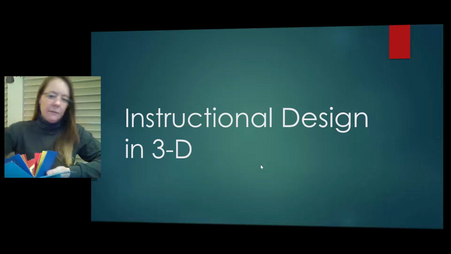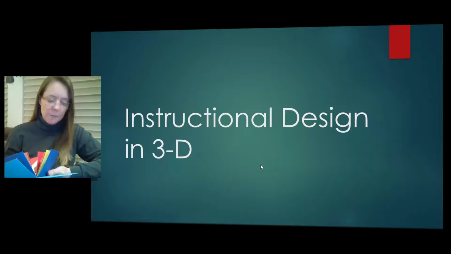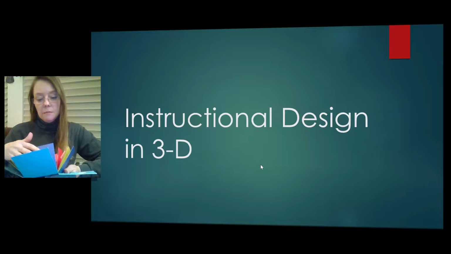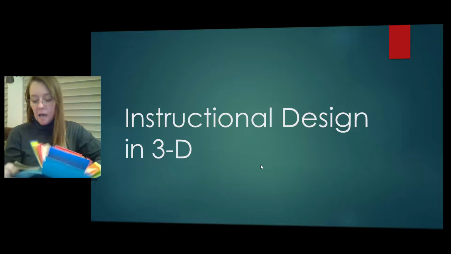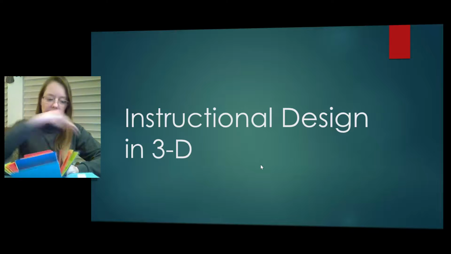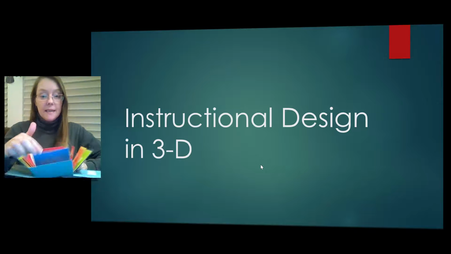So in kind of the blue section, I have sticky notes on each one, and you can get really fancy with these now, pockets and all kinds of details if you needed to, or you could keep it really simple. And in my blue section, I just have who is our learner. So this is our audience analysis. What's the context? What kind of accommodations would they need? What's the environment? So you would go through that section, and then you would peel down to the next level,